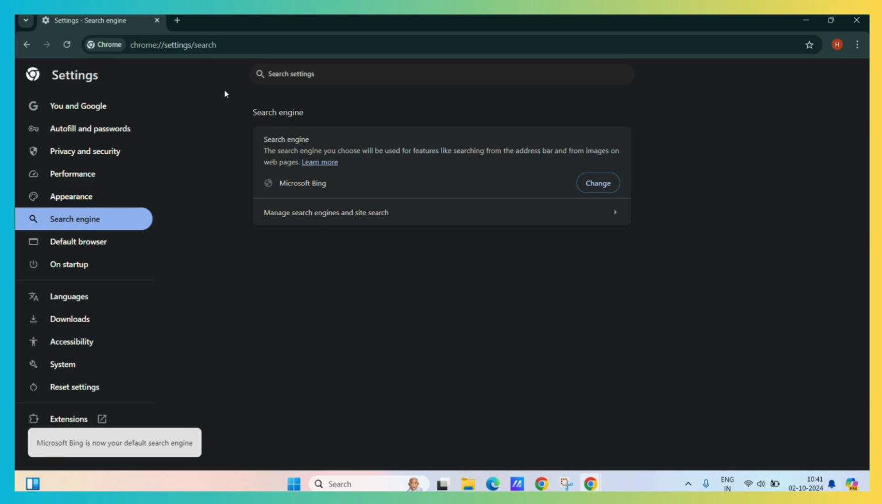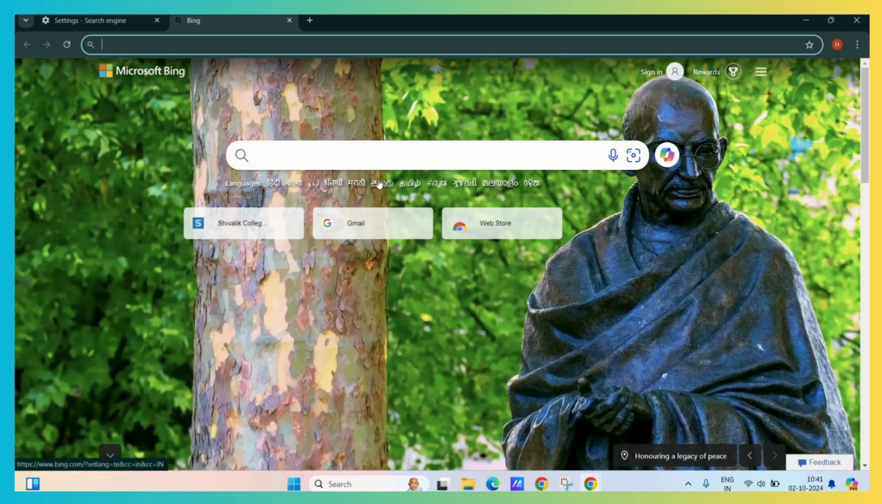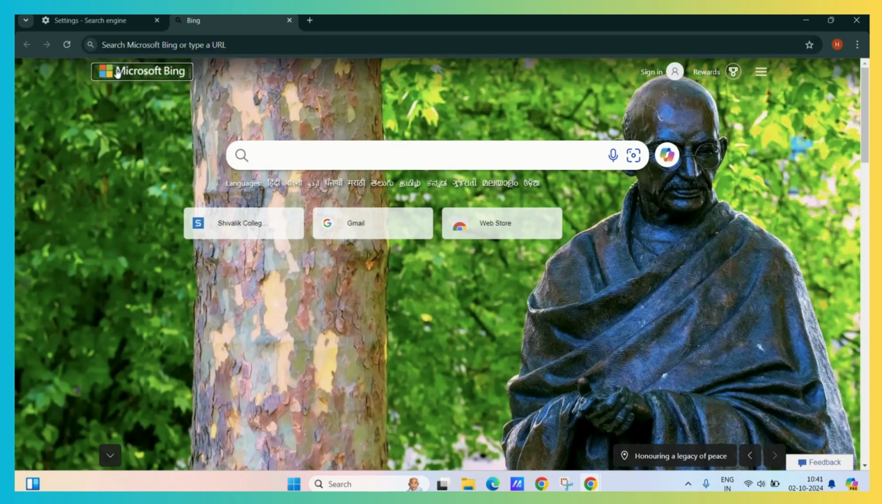To test it out, let's open a new tab and we can see that it redirects us to Microsoft Bing,